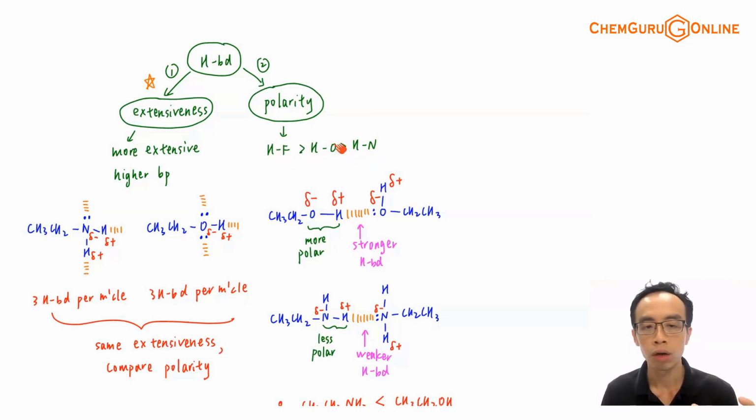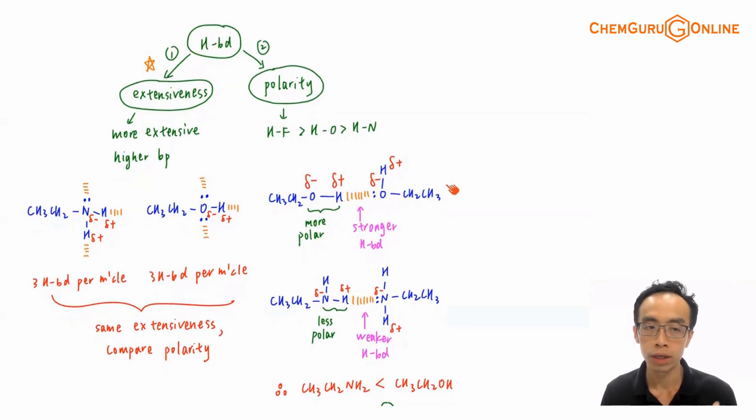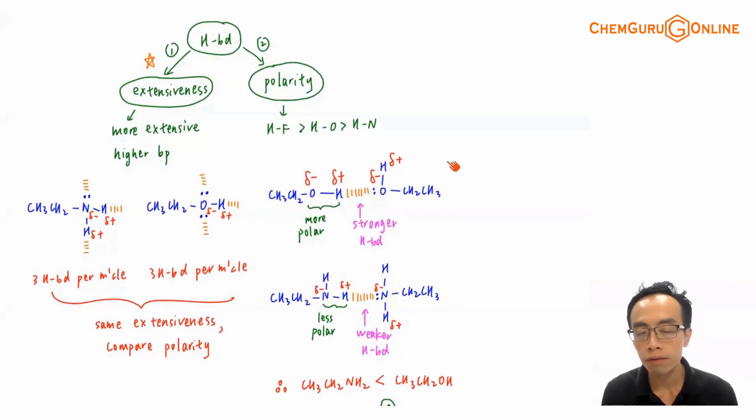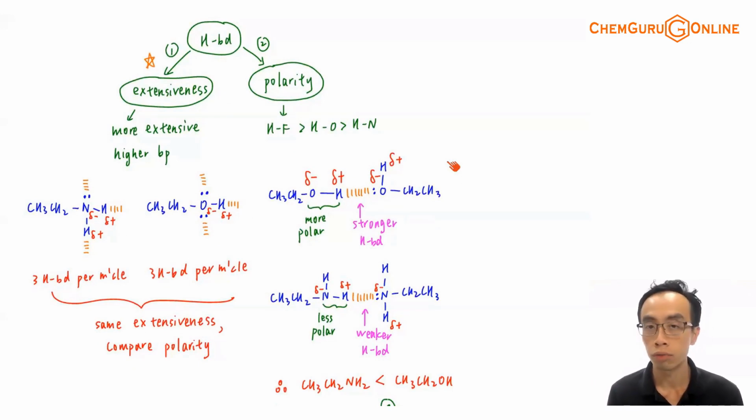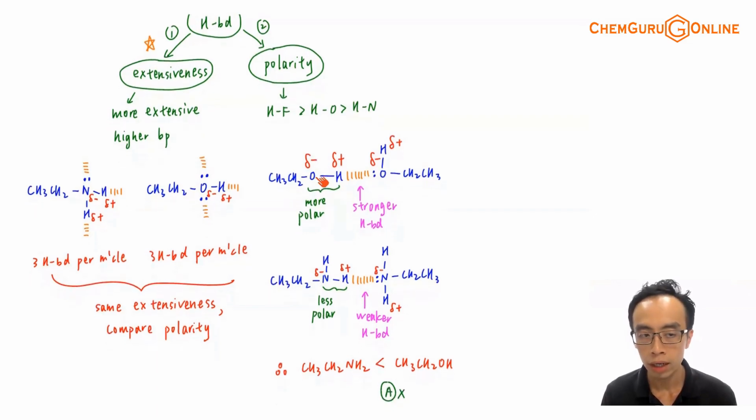If I have a molecule that contains an HF bond, the hydrogen bond between those molecules will be stronger as compared to molecules that contain an HO bond, which in turn will be stronger than molecules that contain an HN bond. So we will have to consider these two factors, extensiveness versus polarity, which one is relevant if I compare my CH3CH2NH2 versus CH3CH2OH. The first thing we do is we compare extensiveness, and you notice what we have here is